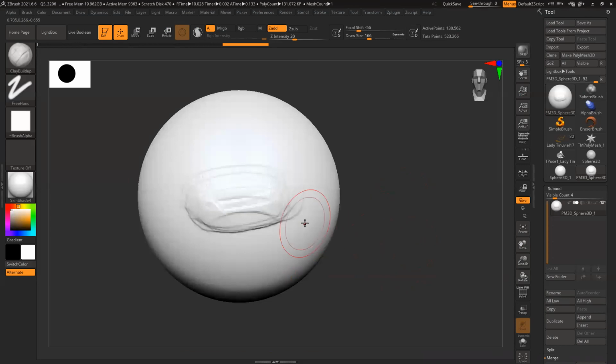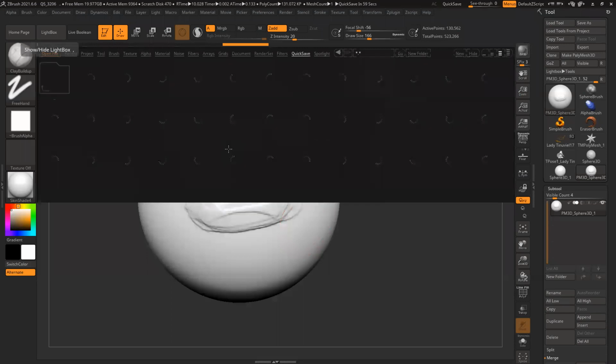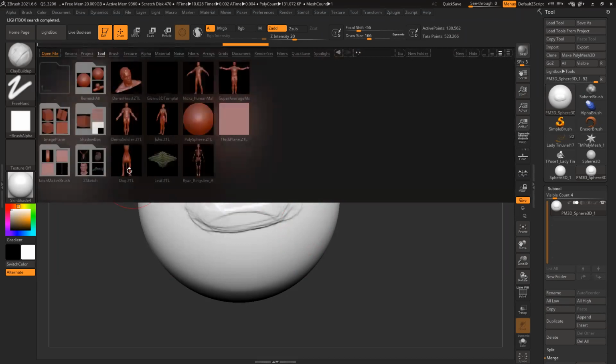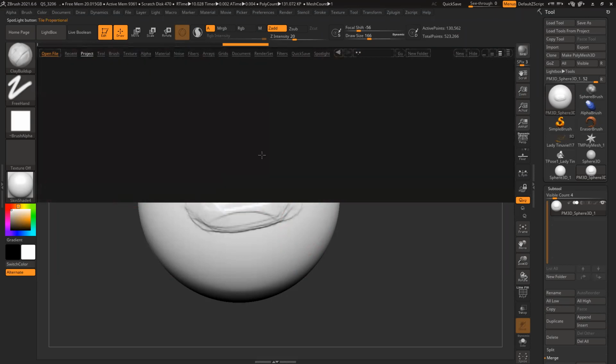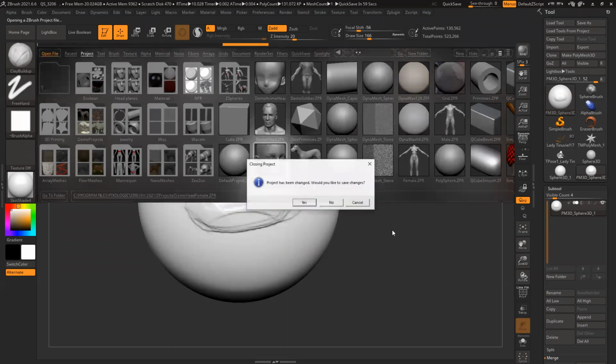So let's see. So BMP. Okay, let's see. But if you're using this base model, then it should not be an issue. It should work without any problem. This one you're using, right? Yes, sir. Okay.